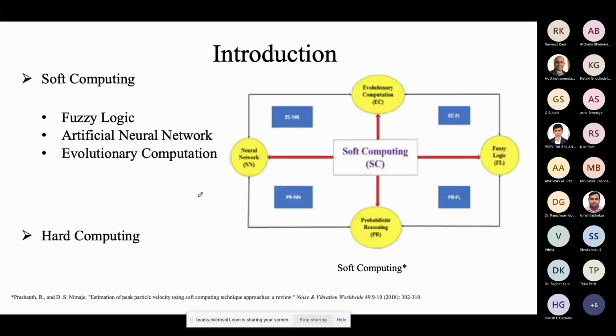Before going to fuzzy logic, we must understand from where it was derived. So soft computing is a branch. I can say that it is a big umbrella where fuzzy logic and artificial neural networks sit, and ANN consists of DNN, deep neural network, and whatever neural networks we are watching, right?